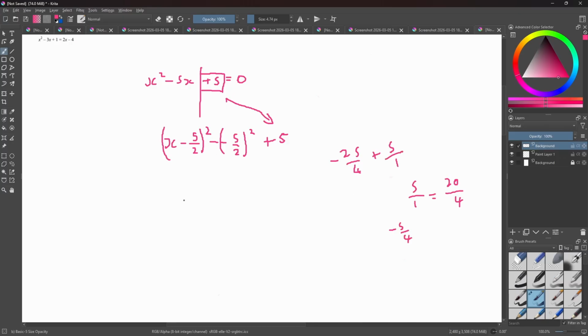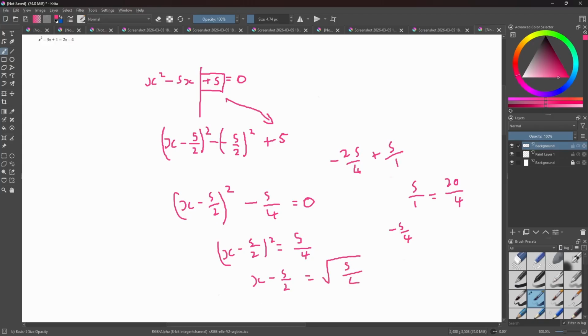So we have x minus 5 over 2 squared. You could put them in decimals if you wanted, but you don't need to. Minus 5 over 4 equals 0. So then you can add this back onto that side. So you have x minus 5 over 2 squared equals 5 over 4. Then we can square root it. X minus 5 over 2, because this whole bit squared equals root 5 over 4. Because it's a root, you need to put plus minus,